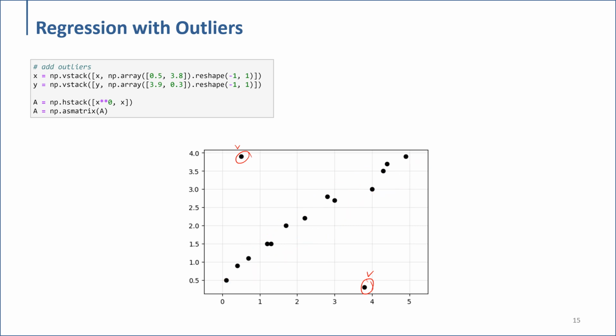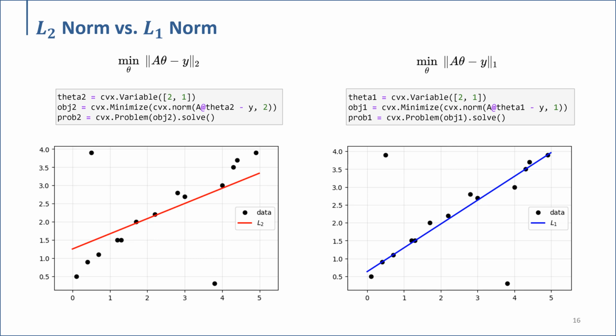So by considering these outliers, let's see how the results change. By using CVXPy with the L2 norm and the L1 norm, we can see that the predicted regression models look